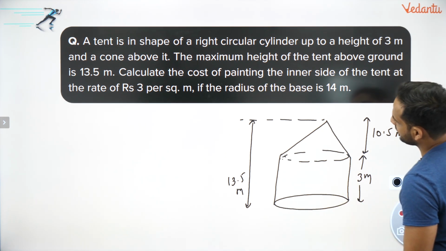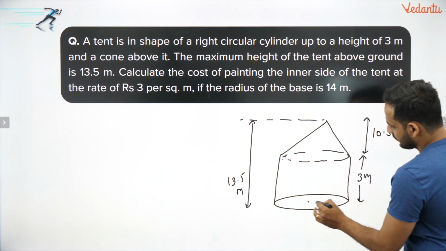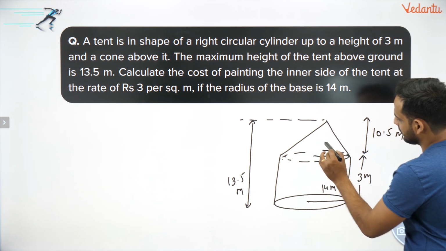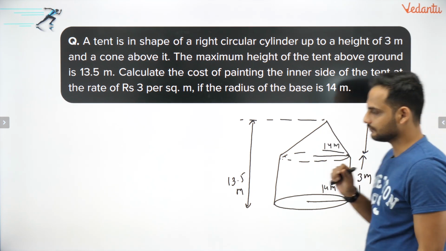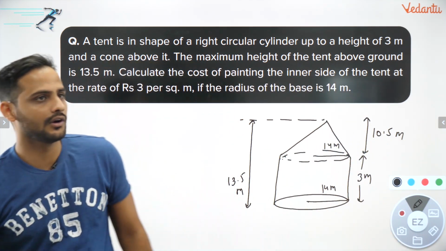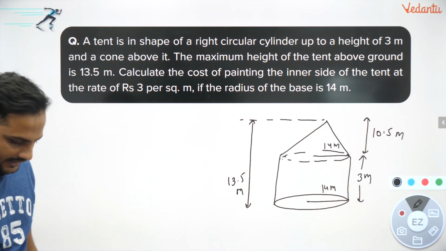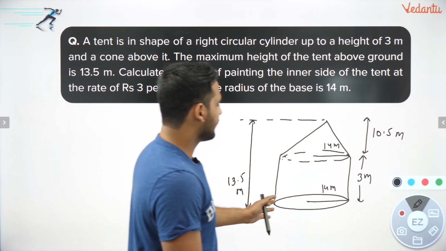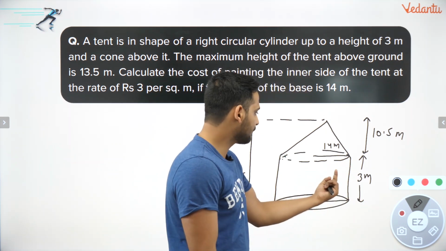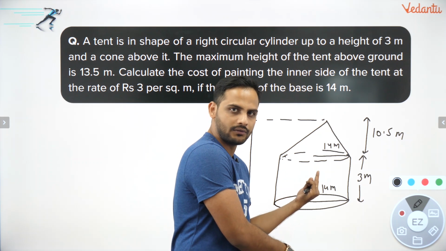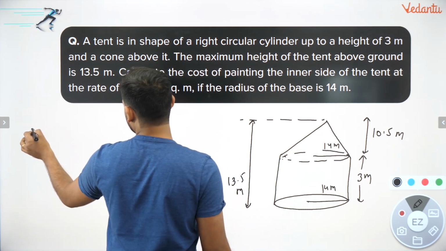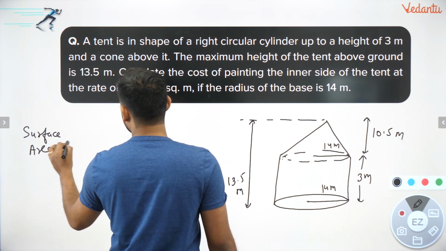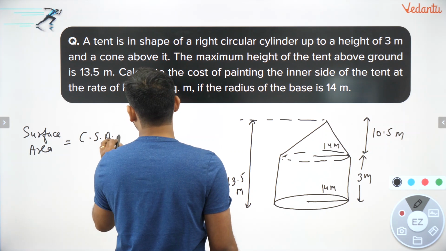And then they have told ki radius of the base is 14 meters. So that means radius of the cylinder is also 14 meters, and radius of the cone is also 14 meters. Correct. Now they are saying find out the cost of painting the inner side. Painting means surface, so we need to find out how much surface will be painted. This curved surface should be painted. You don't paint the ground. So the surface area which has to be painted will be equal to CSA of cylinder